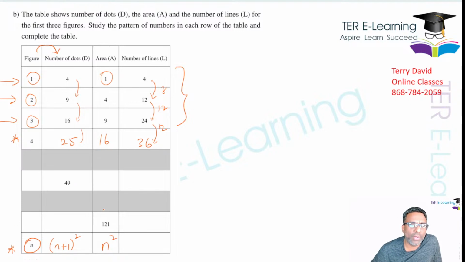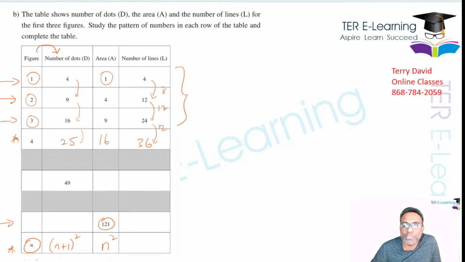Right, so we have that there, right? So we started off with a difference of 8, then 12, then 12, right? So let's work out this row here. This row seems to be an easy one. So in this case here,